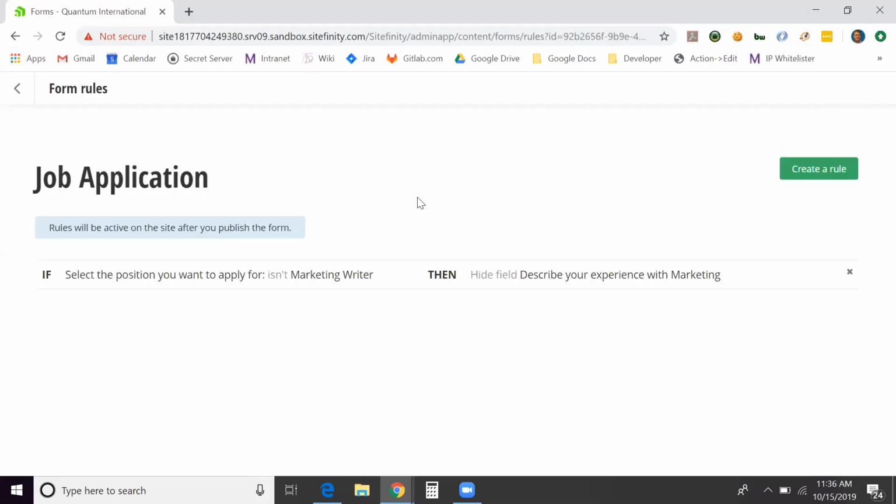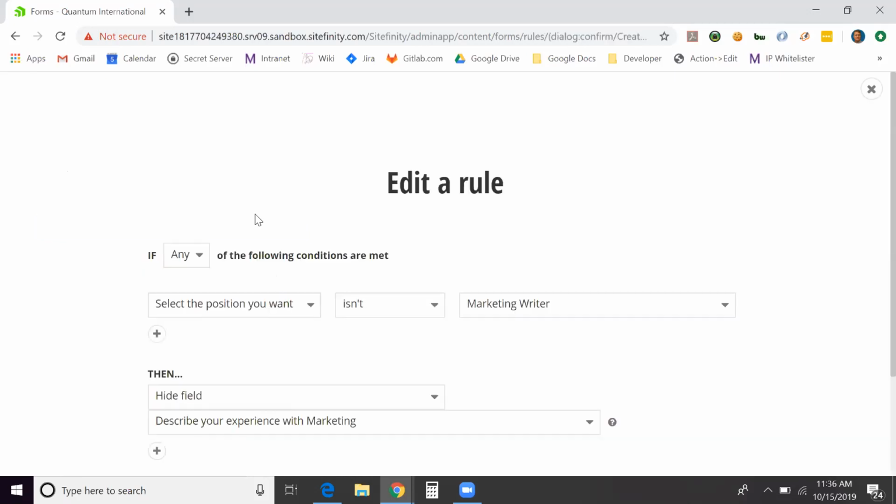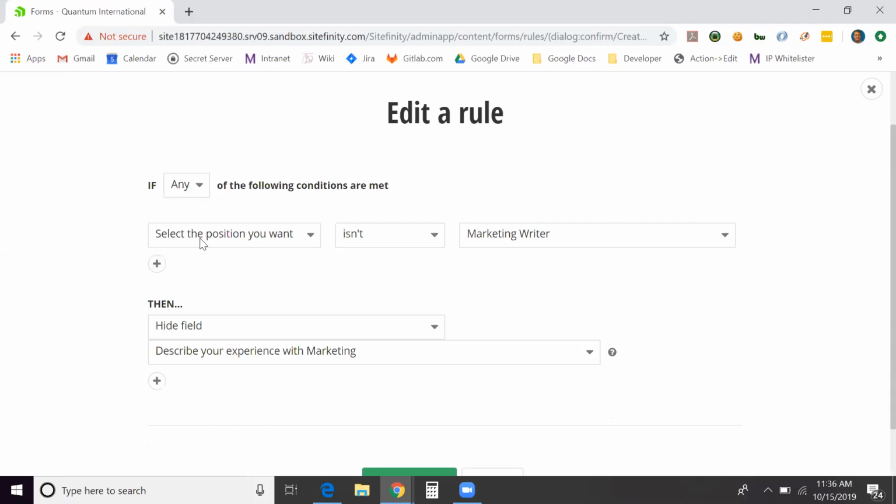So what I've got here is a rule. So let's look at this one. I've already created one for our form. And what it is: if the field select the position you want, and that's the one we were just looking at, isn't marketing writer, then hide the field, describe your experience with marketing. Okay? And if we look back at the form,